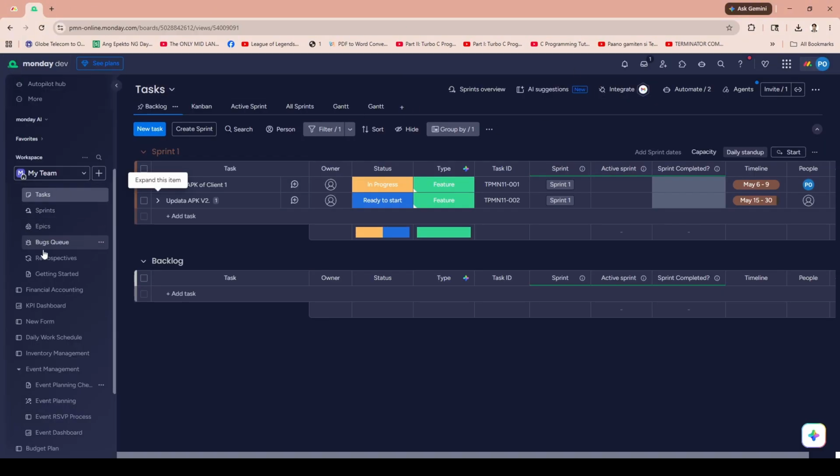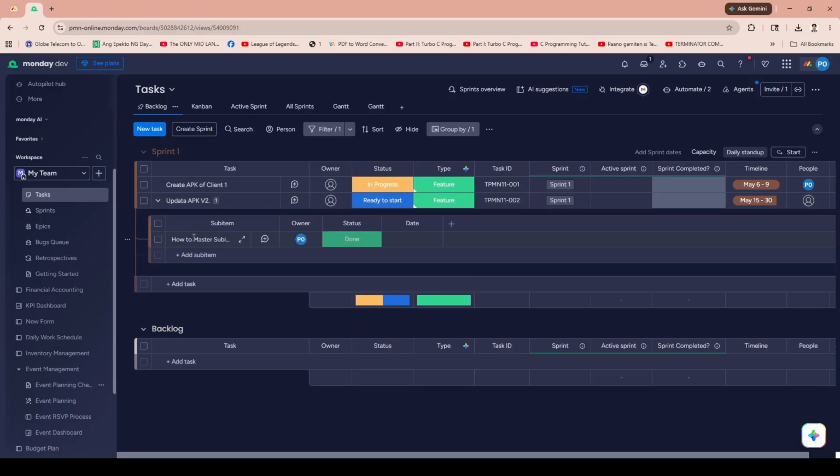rollup. This is where you'll find the items containing the subitems you wish to manage more effectively. Take a moment to locate the specific item of interest. Once you've found it, you'll notice an arrow icon to the left of the item name. Clicking on this arrow will expand the subitem section, giving you a detailed view of all the subitems associated with